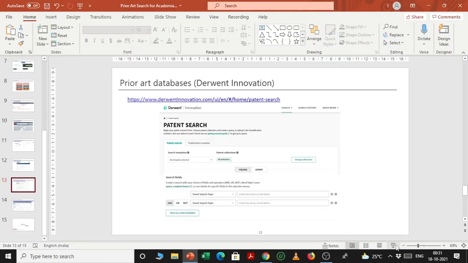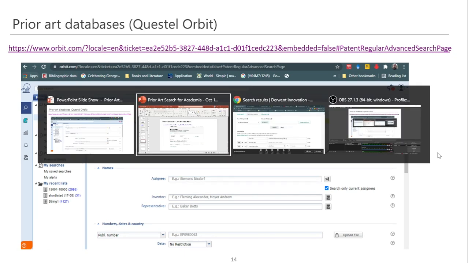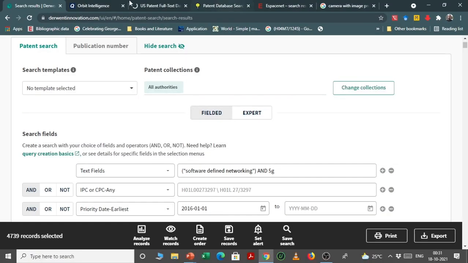Similar to Derwent Innovation, another paid database is Questel Orbit. It is a European company. It also provides an interesting search interface where you can search all the relevant information related to a particular topic.